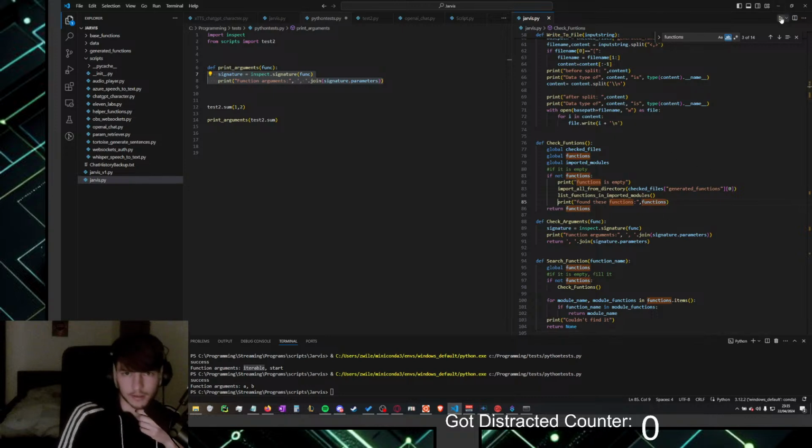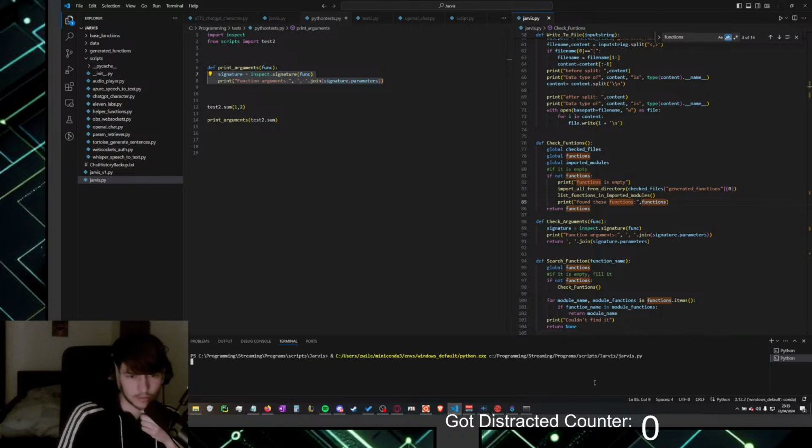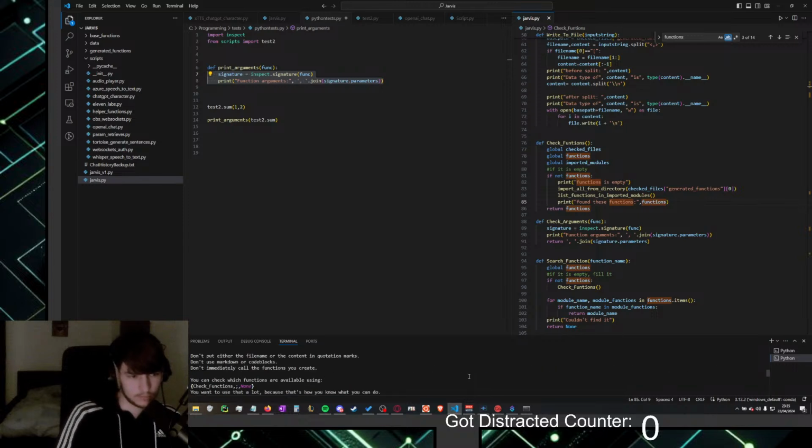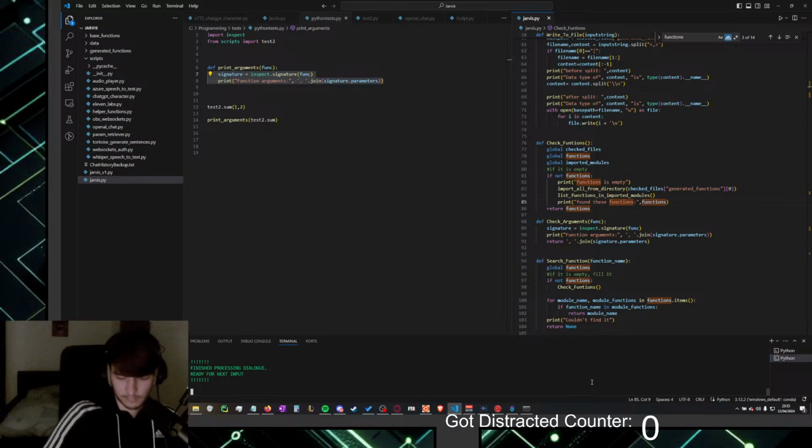Okay, run Jarvis. Then I will also see if my hotkey keyboard works this time. Oh yeah, it updated that thing. Okay, and then pause the music. Which button was it again? I think this one. Hey, Jarvis, can you check which functions are available for me?